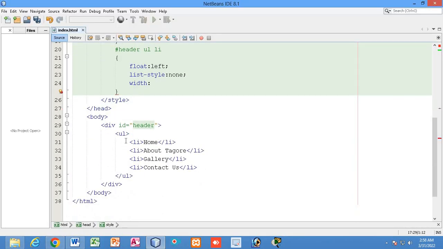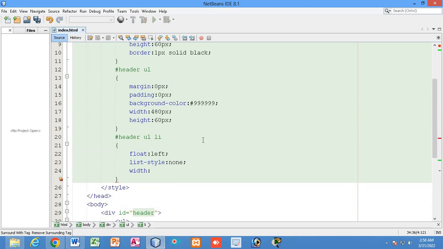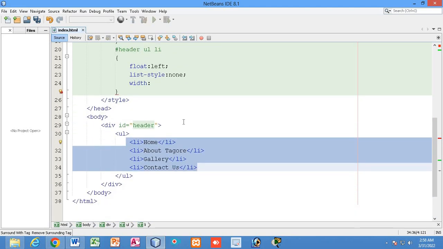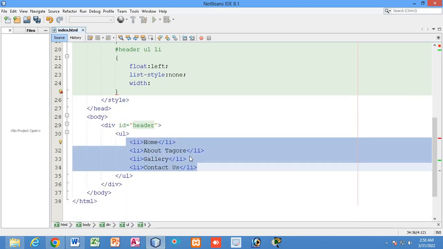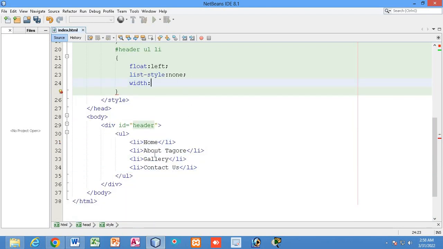In this UL, you can see, we have 4 menus. So we have to divide 480px by 4. If I divide 480px by 4, each menu will have a width of 120px, right? So now each li will have a width of 120px, right?